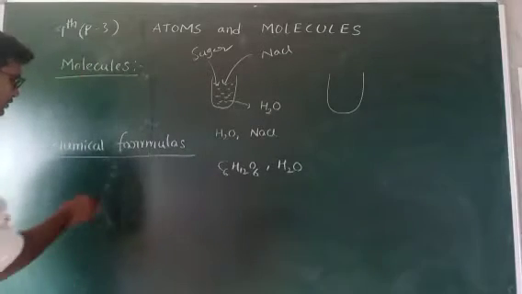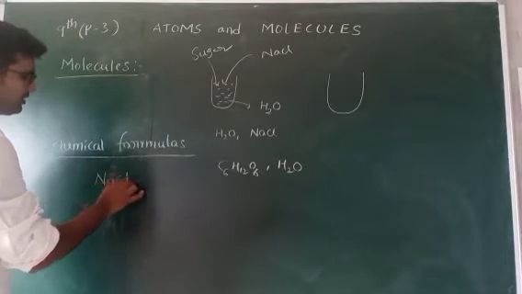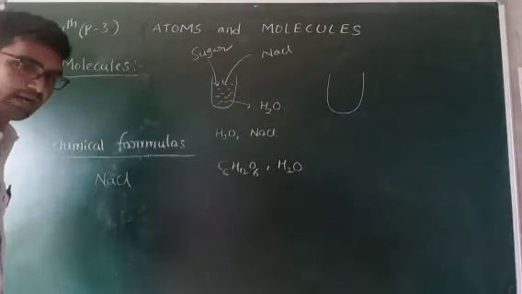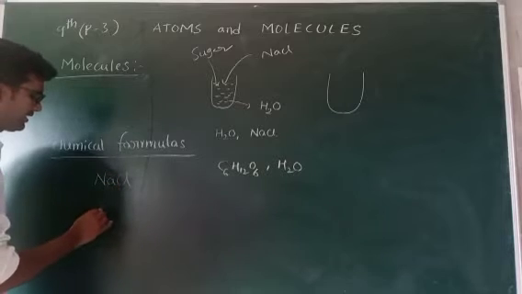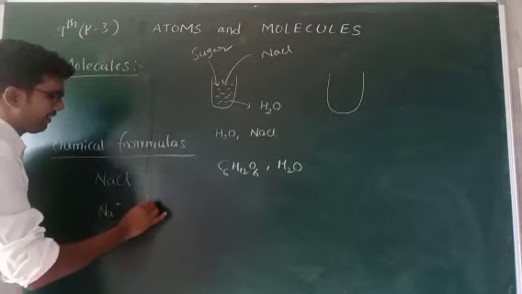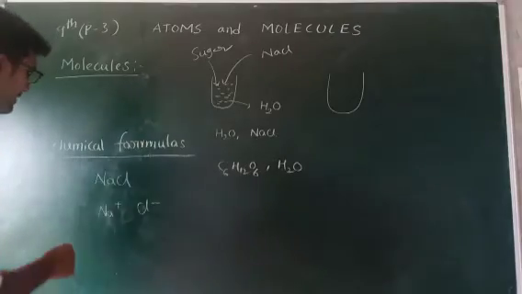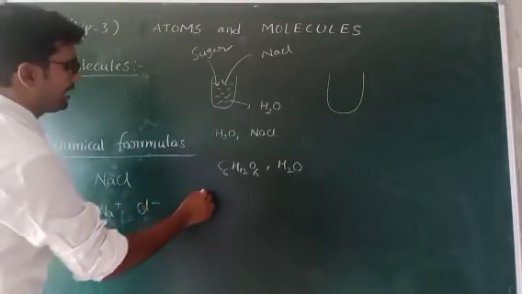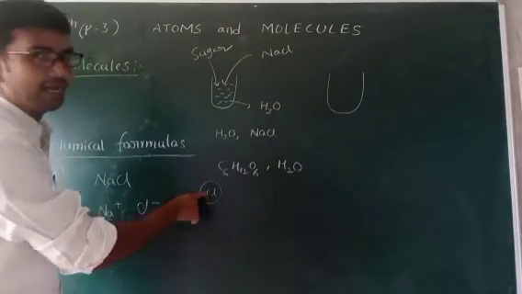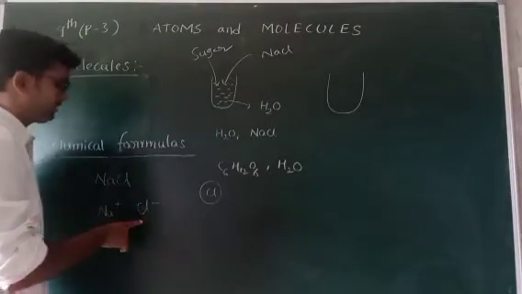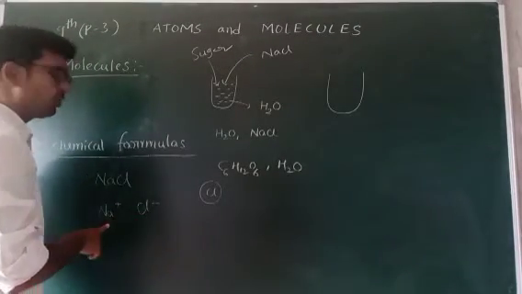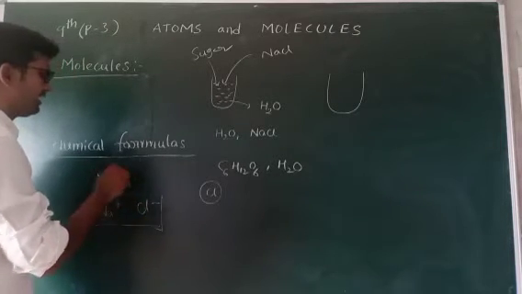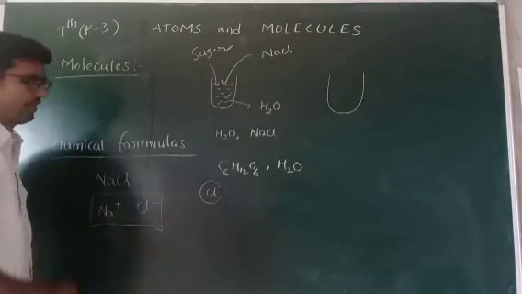For example, we know NaCl. Actually, this is the salt formula, but how to call this one? Sodium chloride. This contains two radicals, Na plus and Cl minus. Na plus is the sodium ion. Cl minus is the chloride ion. The Cl atom is called chlorine, but this is the chloride ion. After combination of these two, it gives NaCl, which is called sodium chloride.